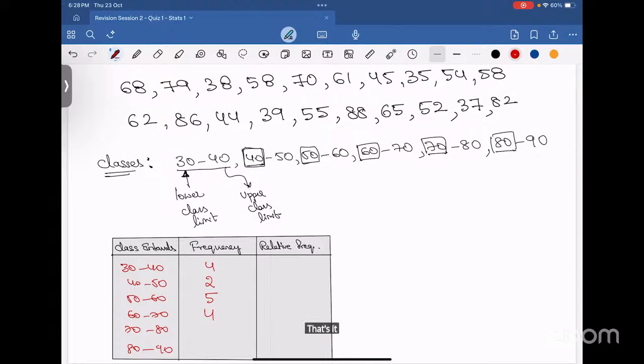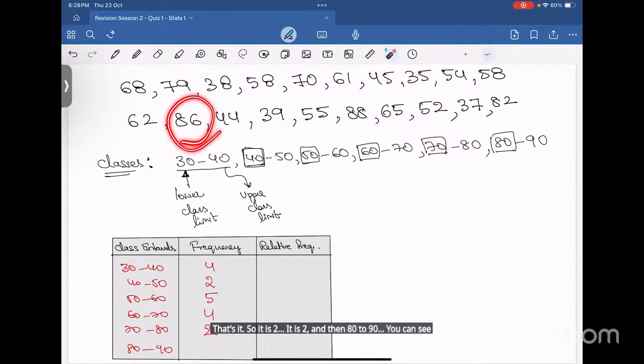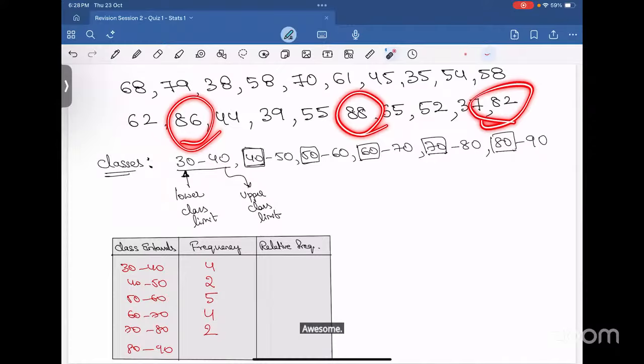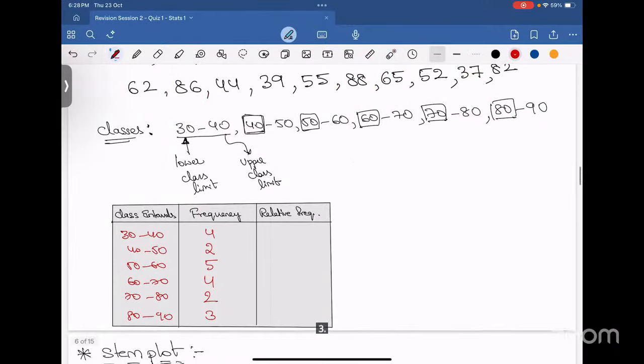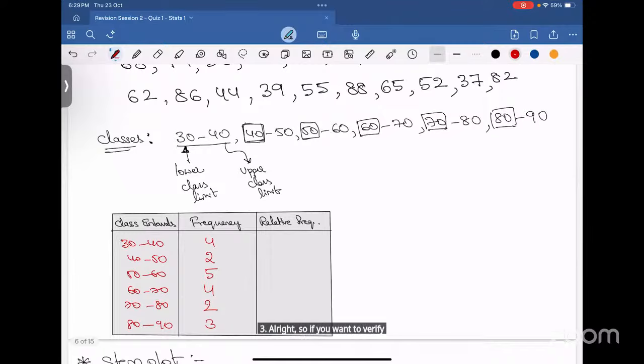That's it. It is 2. And then 80 to 90, you can see that it is 3. So if you want to verify whether we have got the correct frequencies or not, you compute the sum